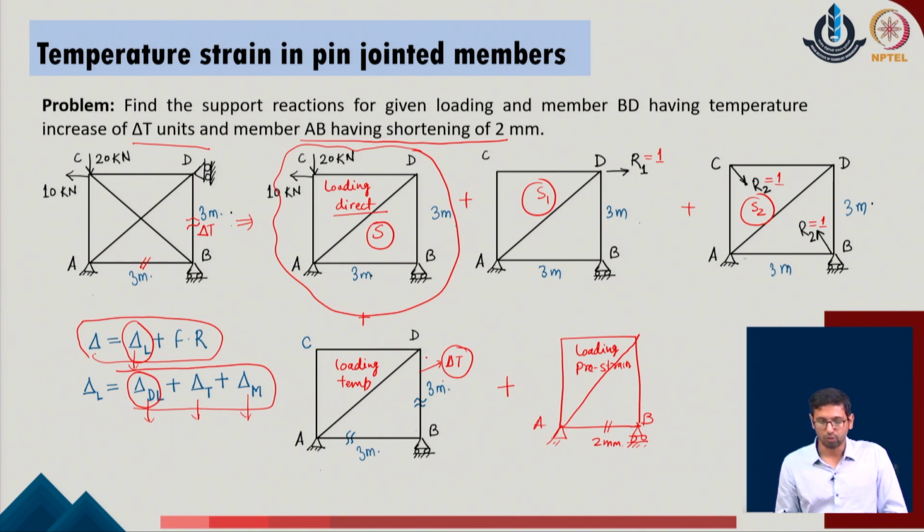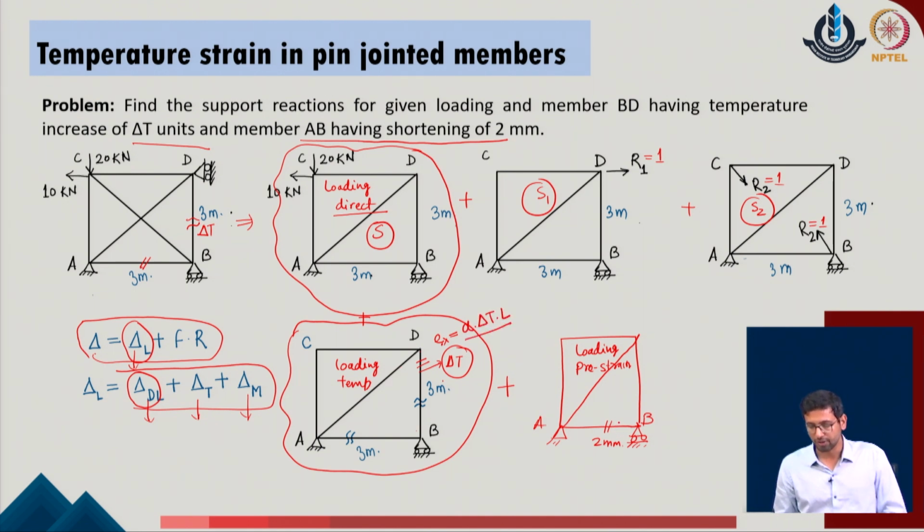In the same manner, if I now go with the calculation of the delta T components or the delta M components of the given system, we understand that this determinate system is subjected to a change of the temperature in one of the members. As we have already seen, change of the temperature in a determinate system will lead to the change of the length of only the given member; the other members will not be influenced by it. So, I can consider that this given member will have a change of length which can be considered as the axial deformation, and that can be described as alpha delta T times the length of the original member.